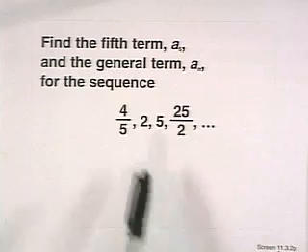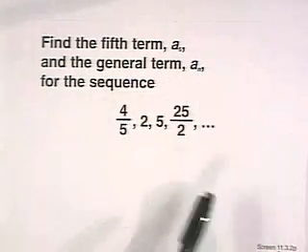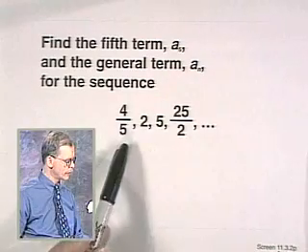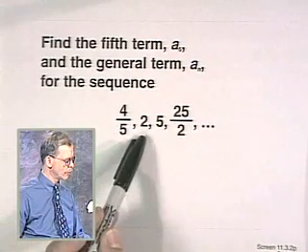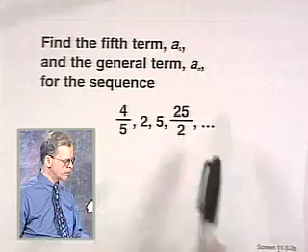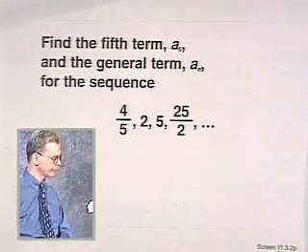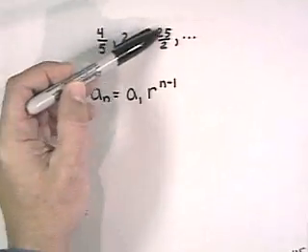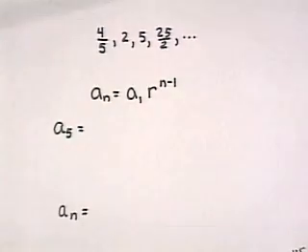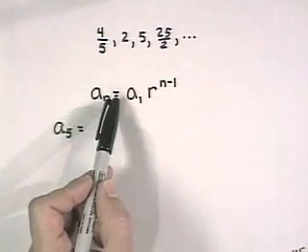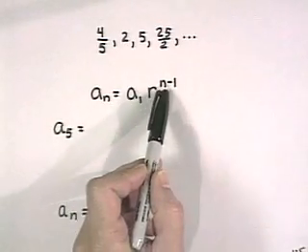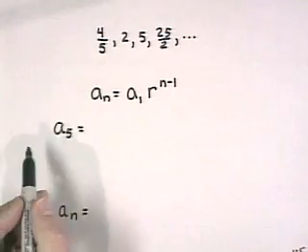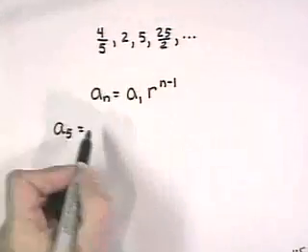Let's find the fifth term, a5, and the general term, a sub n, for a sequence whose first terms are 4/5, 2, 5, and 25 halves. We want the next term. a sub n equals a sub 1 r to the n minus 1 power. In our case, we have n as 5, so we want to take the first term, which is 4/5,